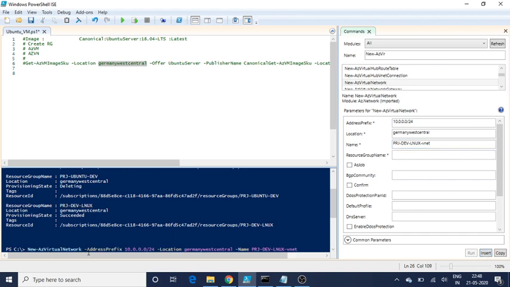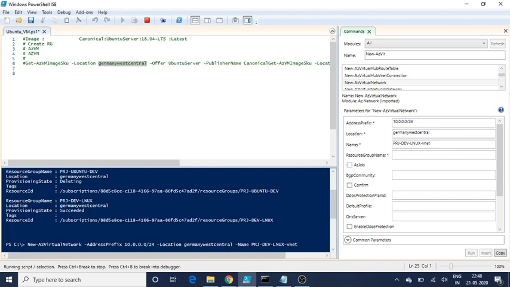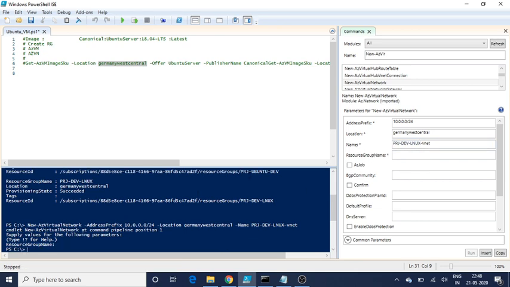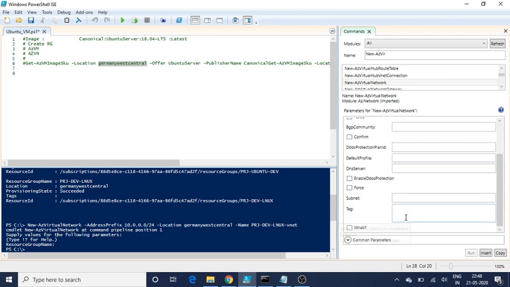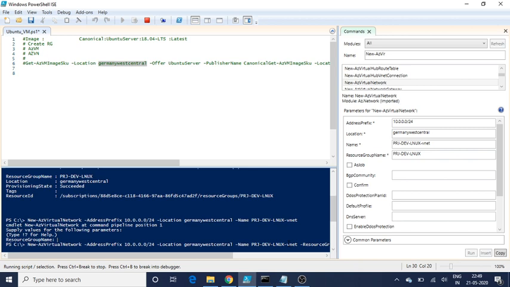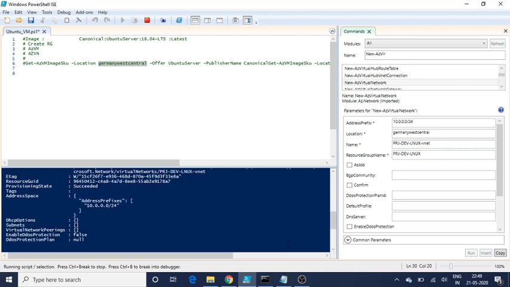So new is the virtual network, address prefix, location, and then the name. So now we are creating a new virtual network, and the resource group name would be... insert and then execute it. So now a new virtual network has been created,